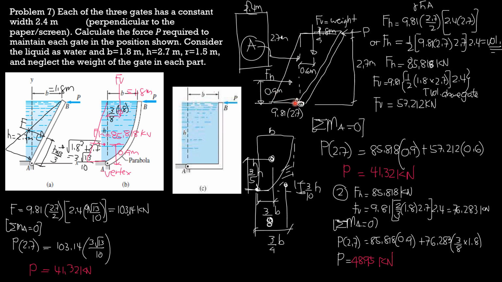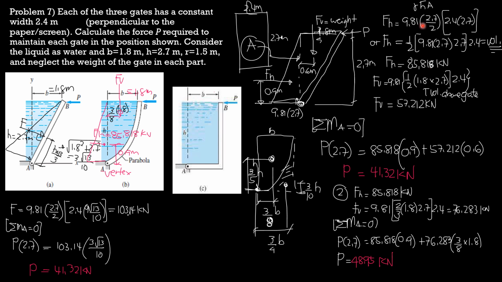The pressure at the bottom is specific weight of water times vertical distance, which is 2.7. So FH is also the volume of this pressure diagram, 1/2 base 9.81 times 2.7, the height is 2.7. Then times width perpendicular to the screen, which is 2.4. So if you compare the values, it's the same,